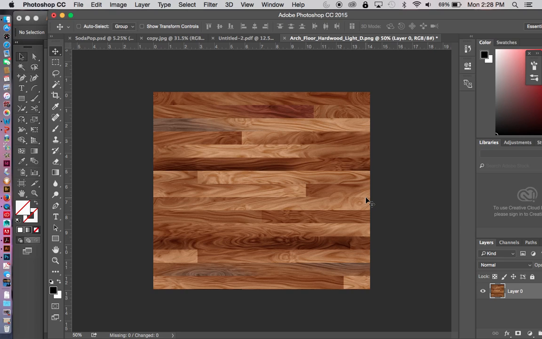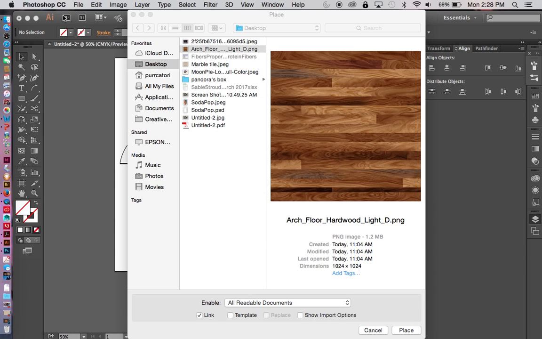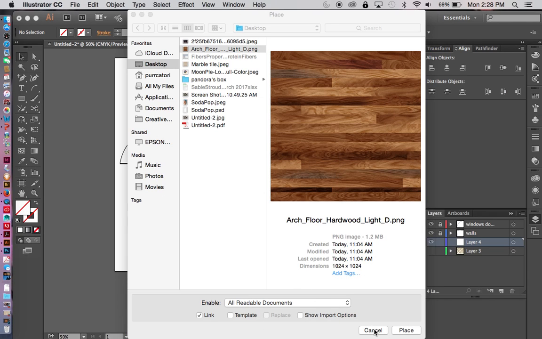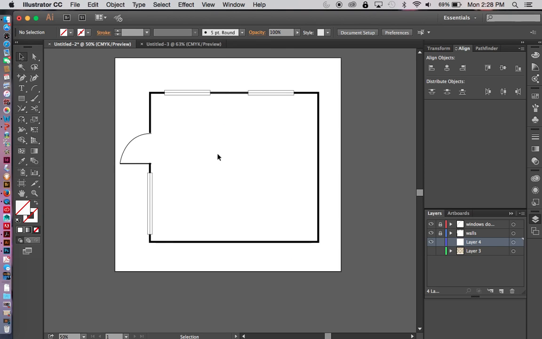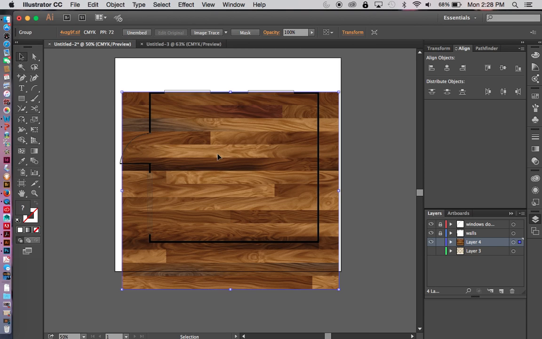So now what I'm going to do is select all, which is Control or Command A, and then I'm going to hit Command C, or Control C, which stands for copy. So Command A, select all, Command C would be copy, but remember I'm on a Mac. So now I'm going to cancel this, because I'm just going to paste it in. So now I'm going to hit Command V, and it's quite large, so I'm going to scale this